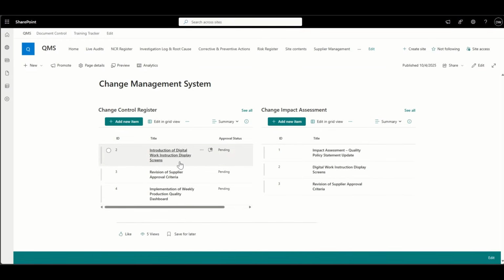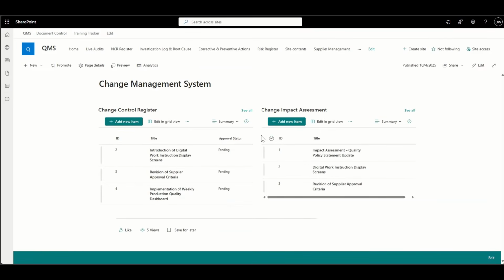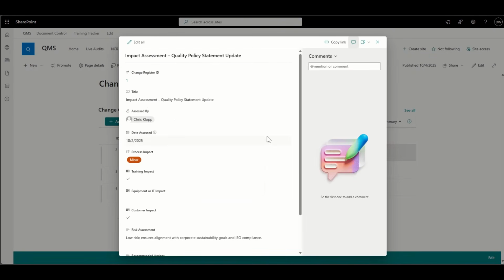Following on from that, it would then automatically create one or multiple, potentially, depending on the category, change impact assessments. Again, this can be created as new or opened up from here, and we can see at a high level this form. Obviously, all these fields can be completely customized and configured to your requirements,